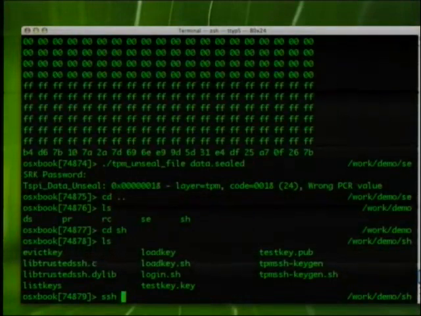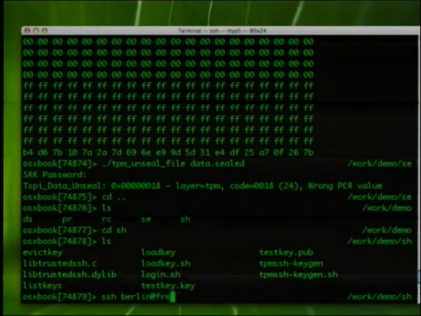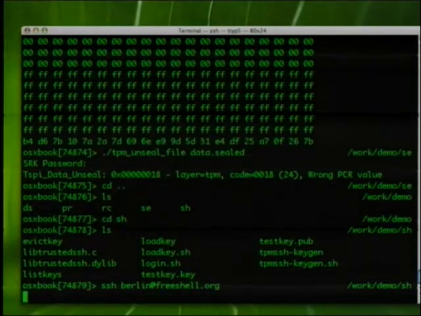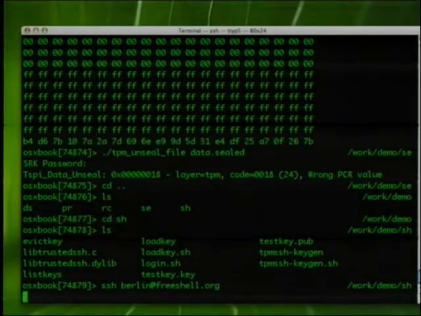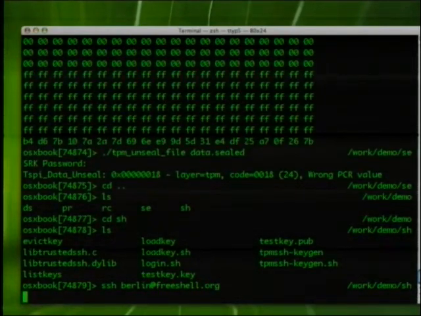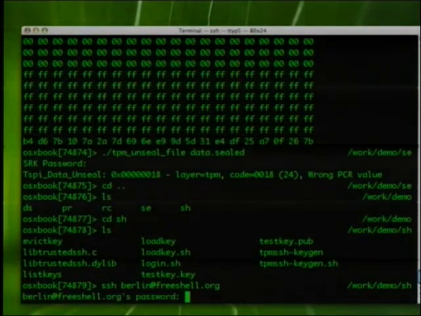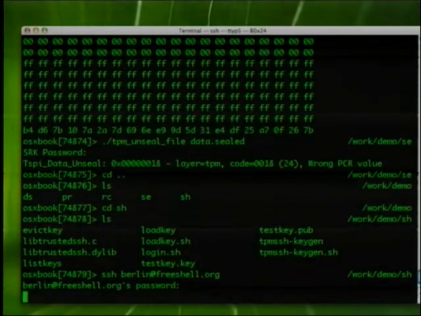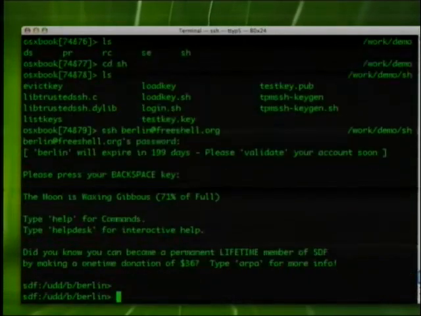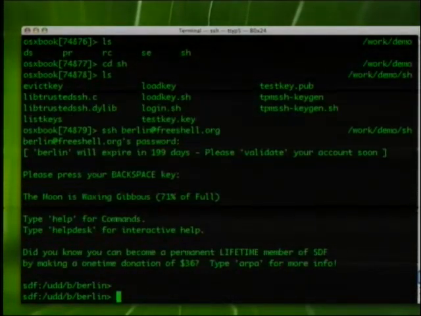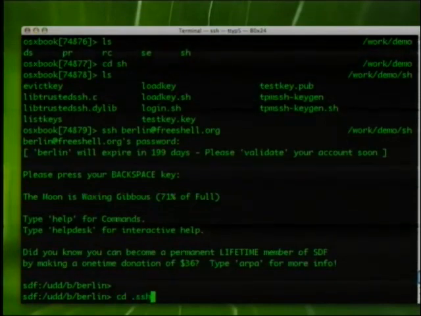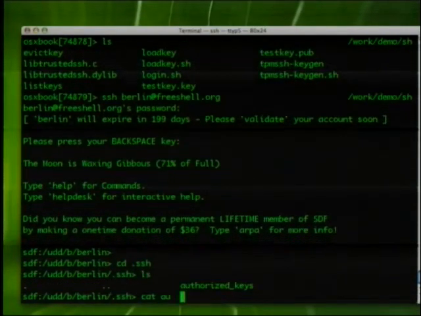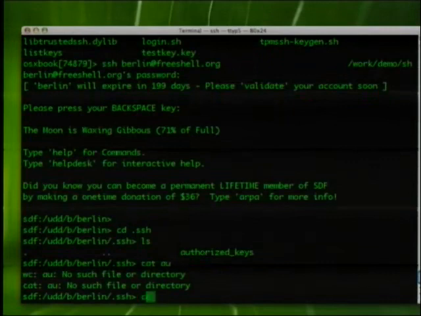If you go, let's see if I have network here. Okay, so this is how I log in. If you go in my .ssh directory, you will see that I have this thing called authorized_keys.